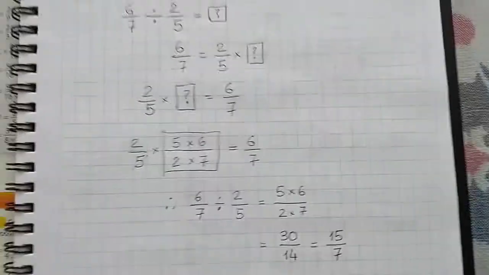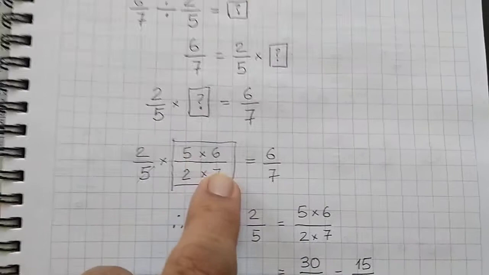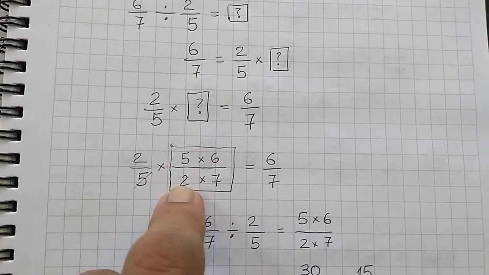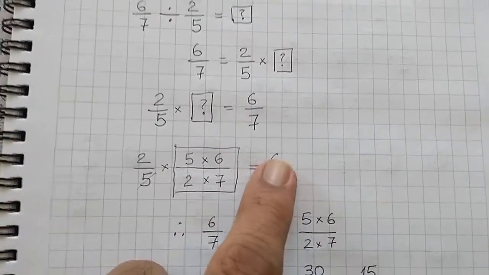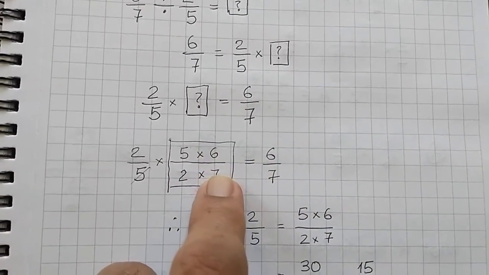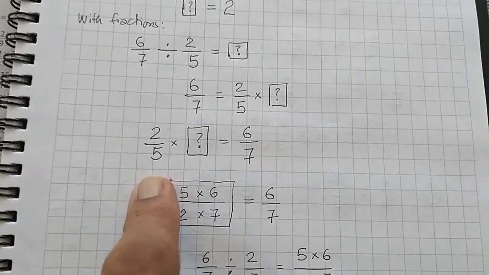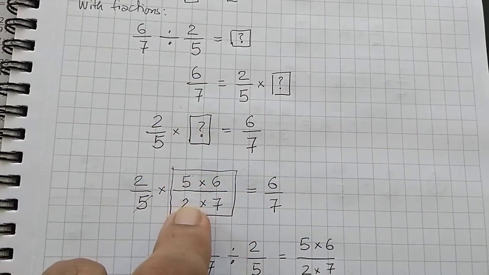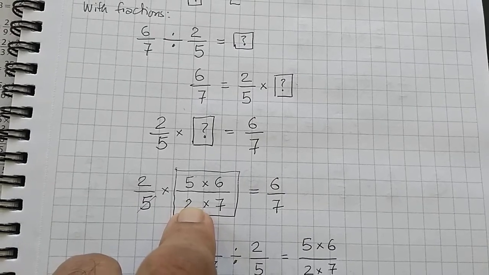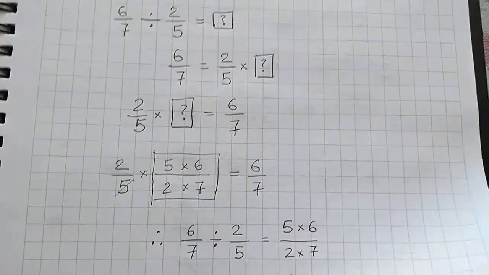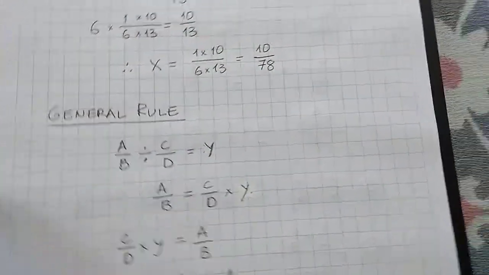Okay, so this is the trickery part. This is what we did. We took A and we multiplied it by the reciprocal of A, and we just took B and we put B there. No, sorry, this is B. So we took 2 over 5, we multiplied it by the reciprocal of 2 over 5 and multiplied it into A, which is 6 over 7. We'll take several examples and then you'll find it very easy to do.